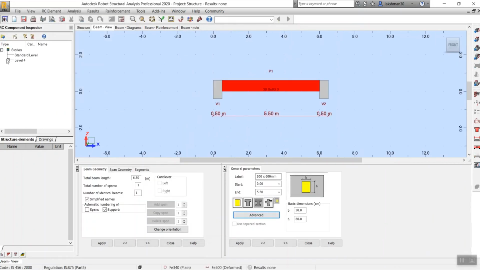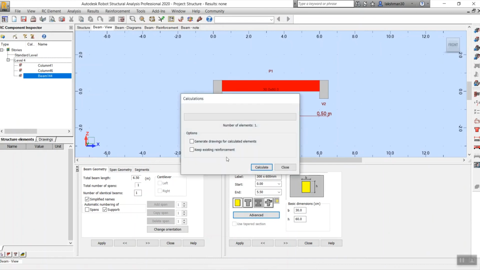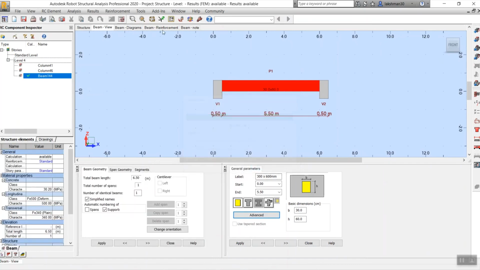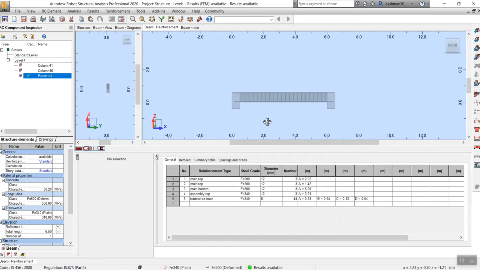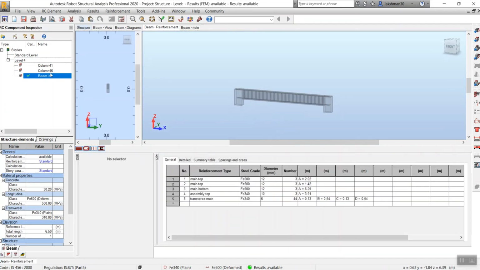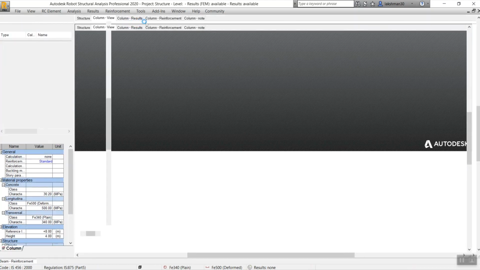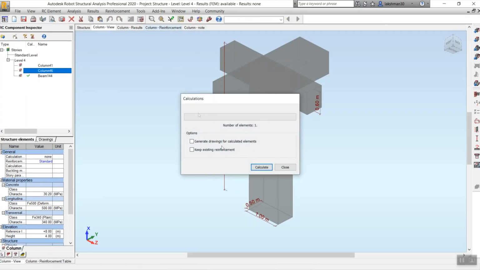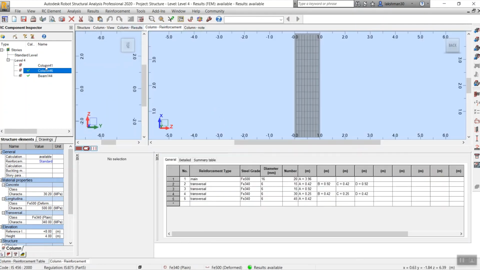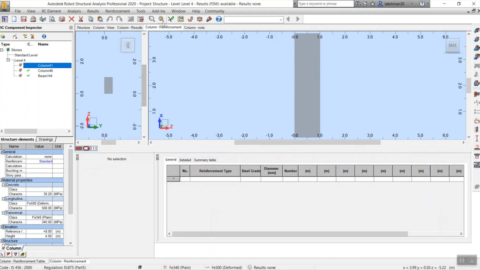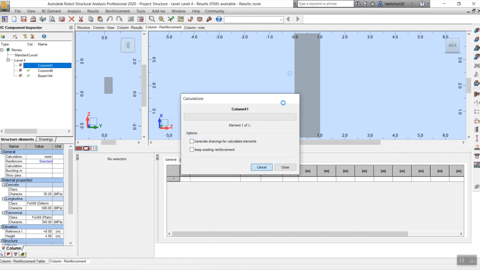I will just run the calculations and we'll be getting the beam reinforcements. As you are seeing here, we have got our beam reinforcement. Likewise, I will go to the column and run my calculation. Column reinforcement, yes, we have got it. For this column also, calculate, and I have got the results.